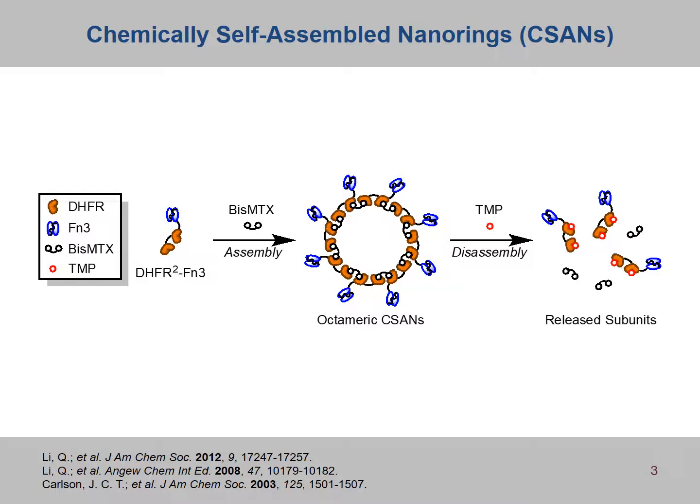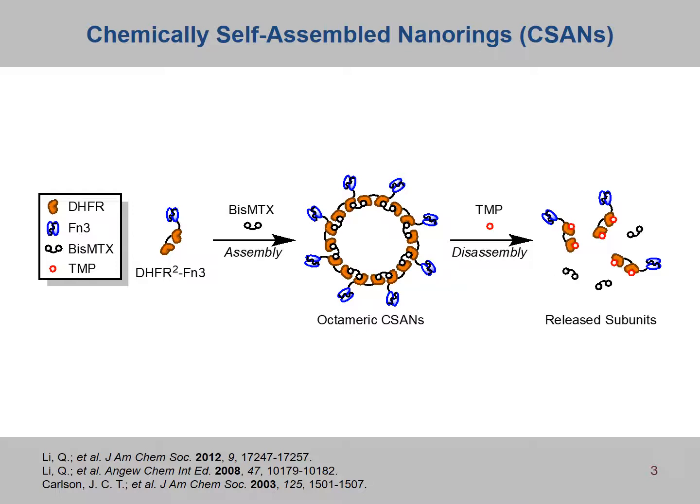First, a targeting element is fused to 2 units of the enzyme dihydrofolate reductase. These monomeric fusion proteins can then be spontaneously oligomerized into nanorings by a chemical dimerizer, which we call bis-methotrexate, because it's essentially 2 units of the DHFR inhibitor methotrexate that have been chemically linked. Importantly, the CSAN can be disassembled through exposure to the antibiotic trimethoprim. Trimethoprim is a stronger inhibitor of DHFR, thus it outcompetes the methotrexate for the active site and drives the disassembly